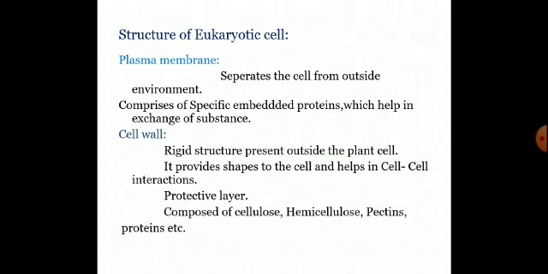The plasma membrane can be semi-permeable, impermeable, or selectively permeable. Semi-permeable means it allows only certain things to enter into the cell. Likewise, impermeable means it will not allow any toxic substance to enter. Selectively permeable means it allows only some compounds or minerals to enter the cell. So the plasma membrane acts like a check post.